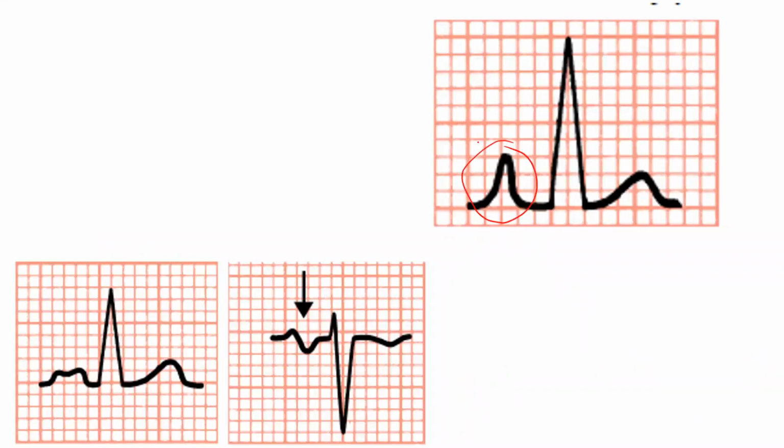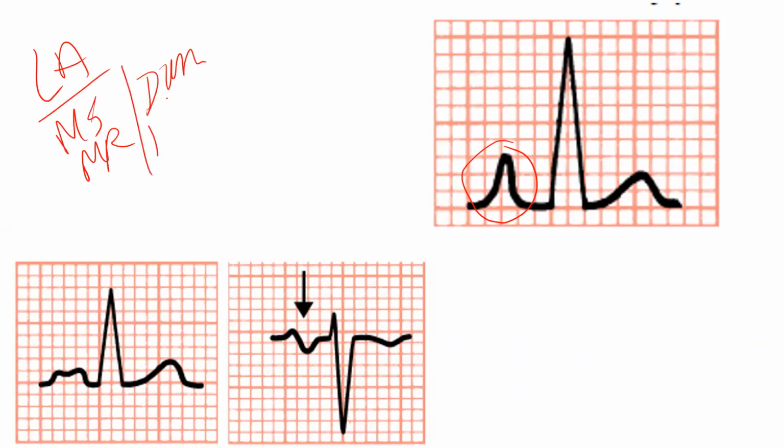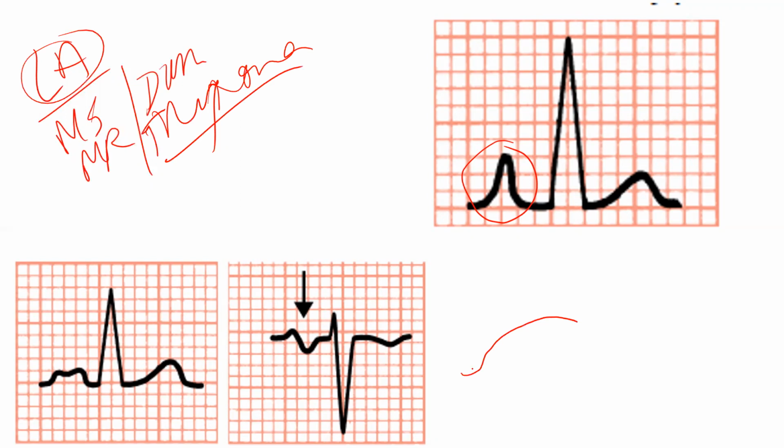Then we have something called P mitral. If there is an enlargement of the left atrium, the causes of your left atrial enlargement are mitral stenosis, mitral regurgitation, dilated cardiomyopathy, again myxomas which are causing stenosis. All these things cause LA enlargement. LA enlargement can be detected in two ways. One is there could be a flat and broad P wave, or there could be a notching of the P wave, in lead 2 or standard lead. I am telling there is a notch here. See, there is a notch.